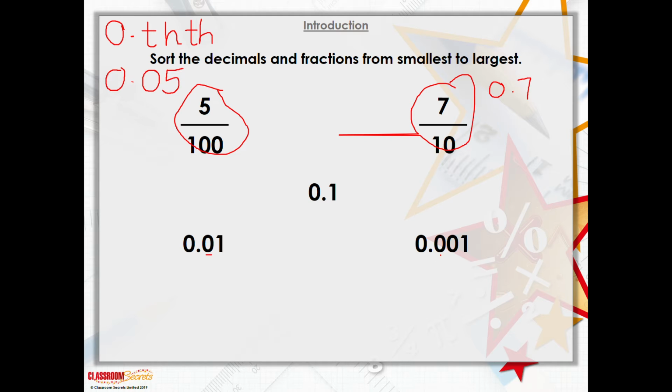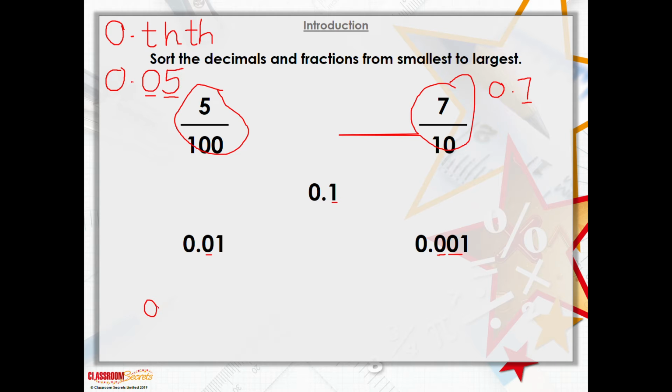When we look across at 0.001, do we have any tenths? Nope. Do we have any hundredths? Nope. But we have a thousandth. Okay. When we look here, we have 1/10. If we look at 0.7, we have 7/10. And if we look at 0.05, we have 0 tenths, but 500ths. Okay, so the smallest decimal is actually